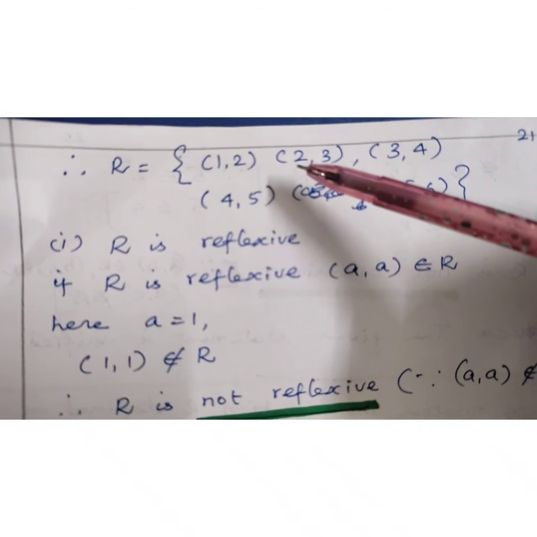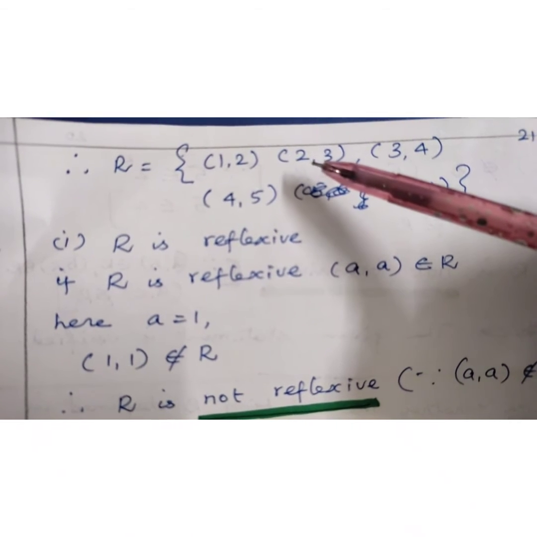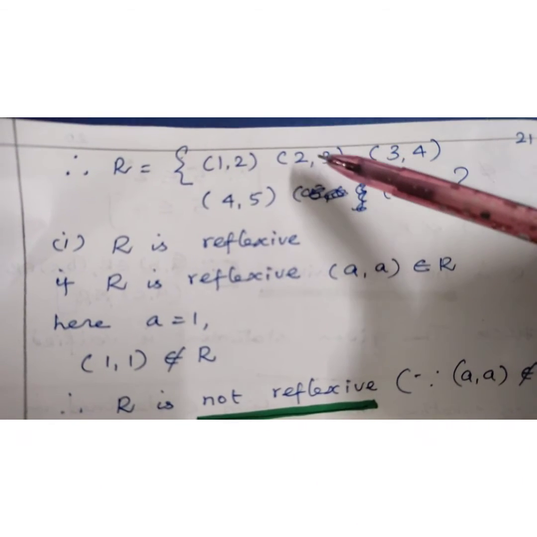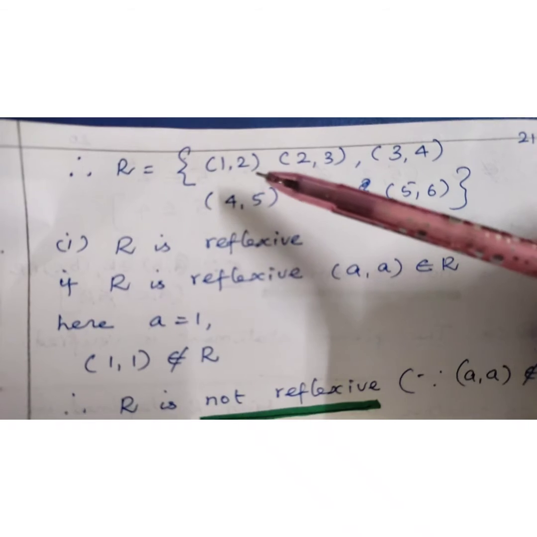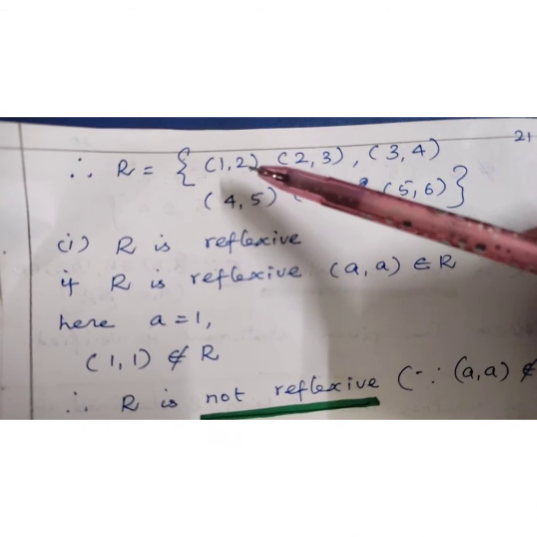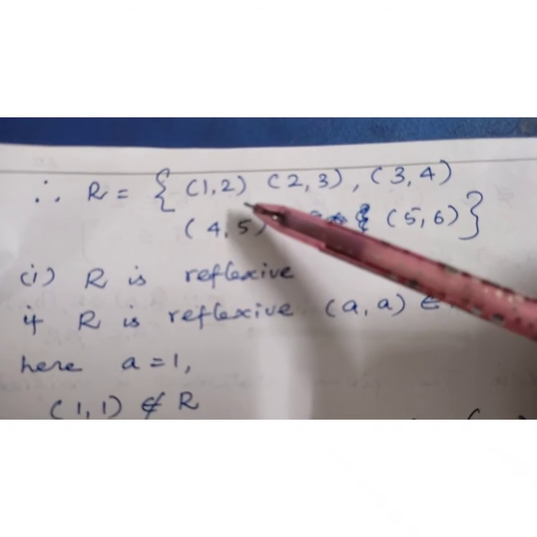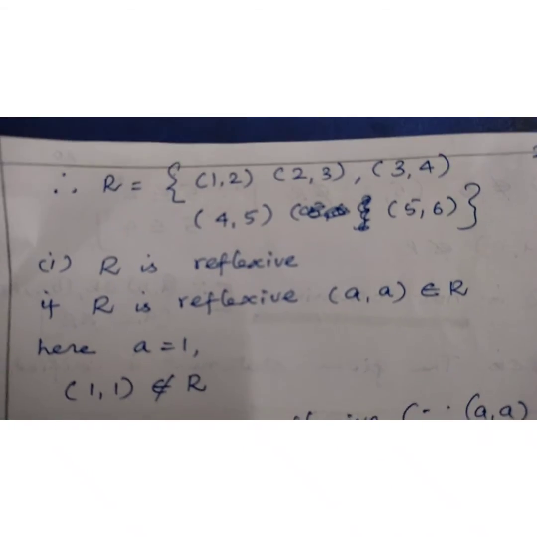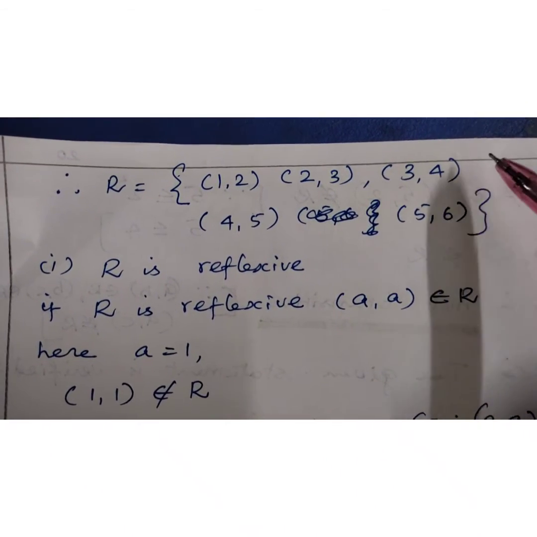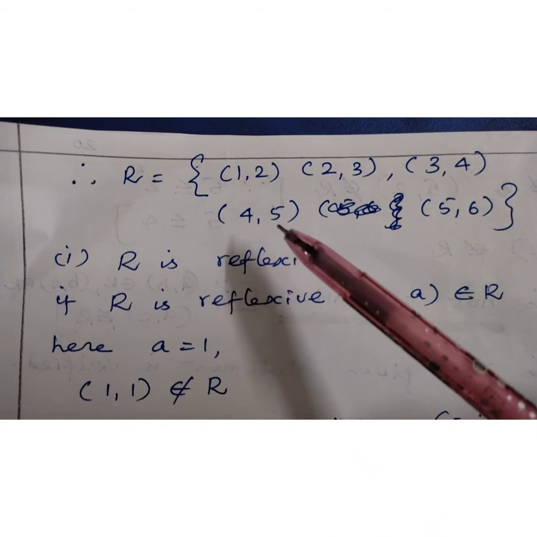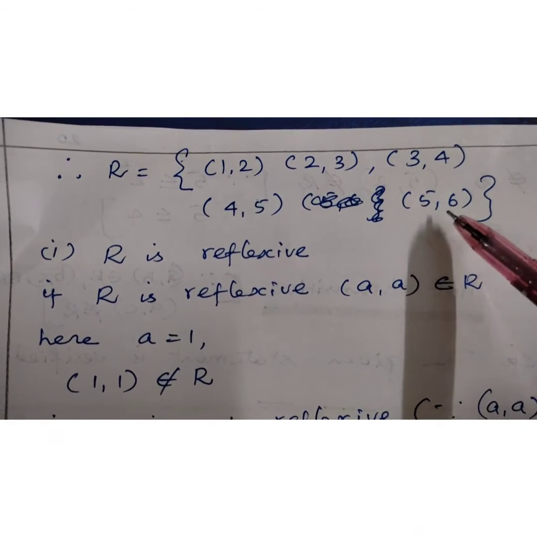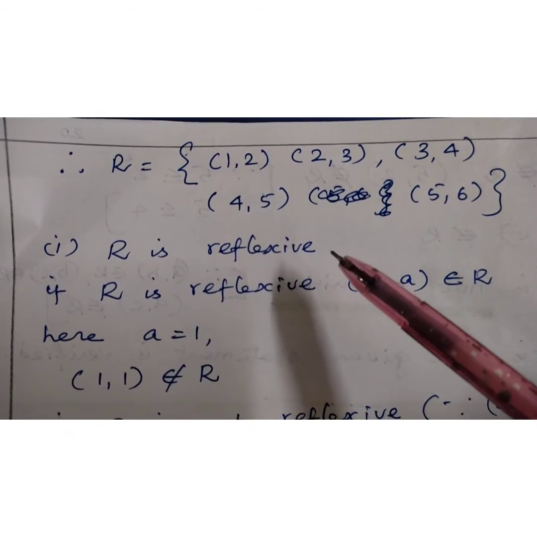When we substitute A equal to 2, then we get the value B equal to 3. Likewise, we write this R equation. R equal to first pair 1, 2, second pair 2, 3, third pair 3, 4, another one 4, 5, last one 5, 6. Now we have to check that